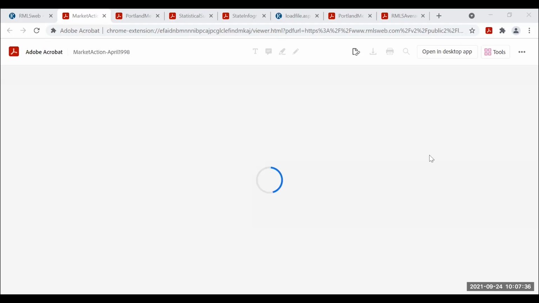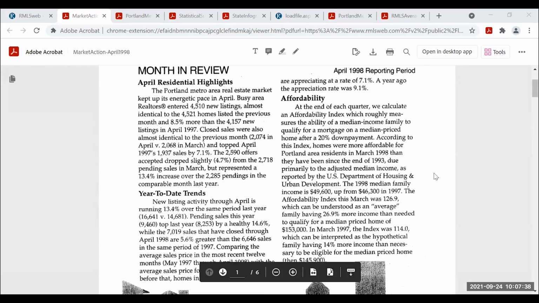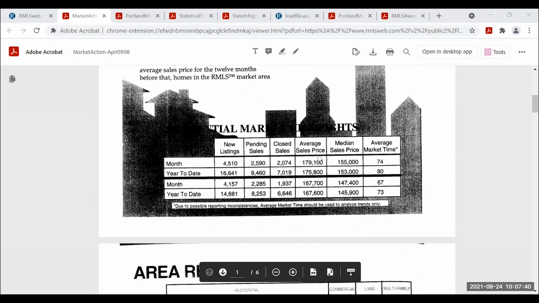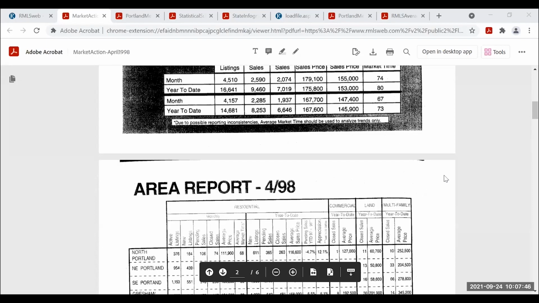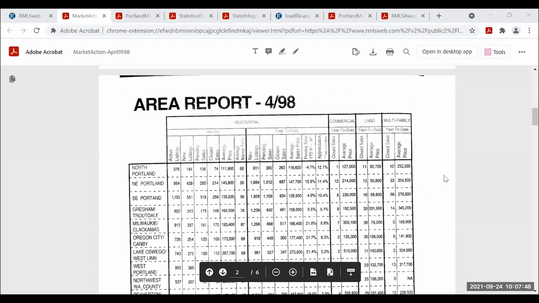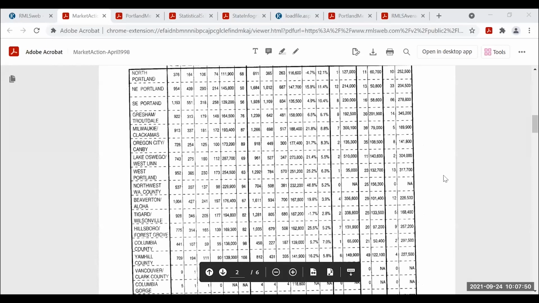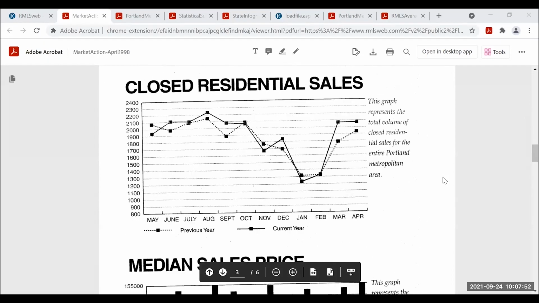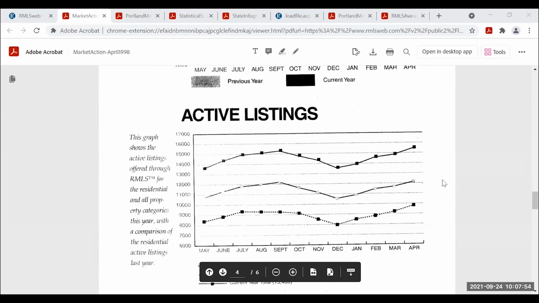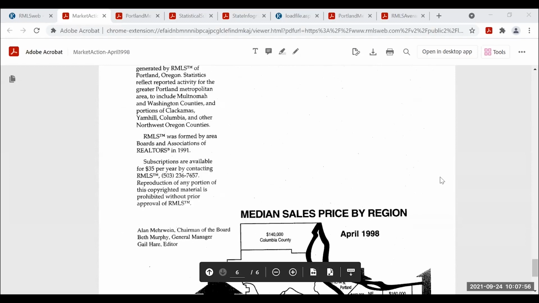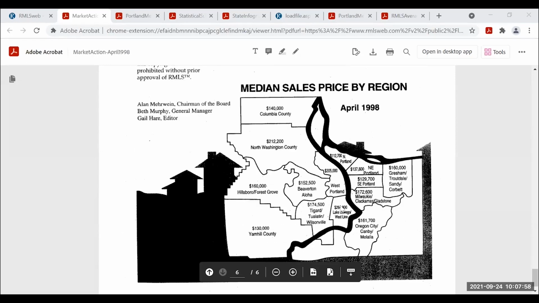There we go. So again, not as pretty, not as much information, but you can see average sale price, not even 180,000 Portland Metro. Again, kind of wonky. Okay, not as pretty. And again, that last page did have that median sale price.